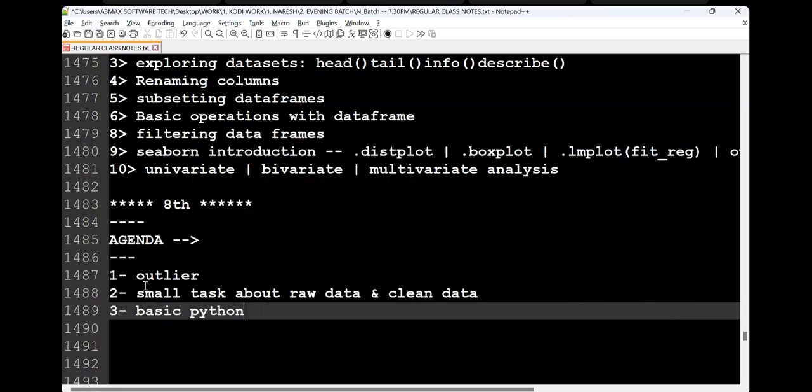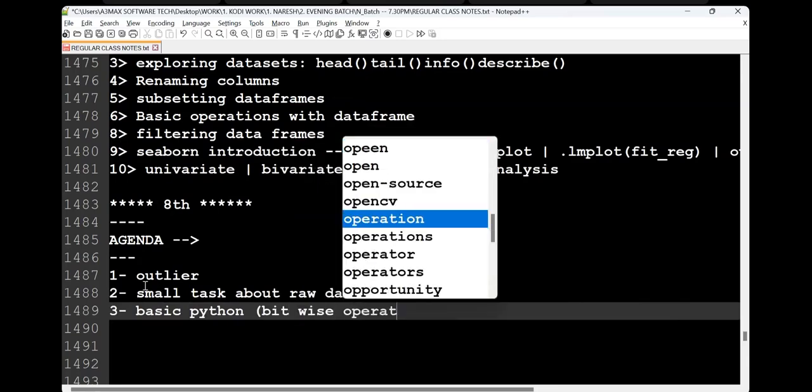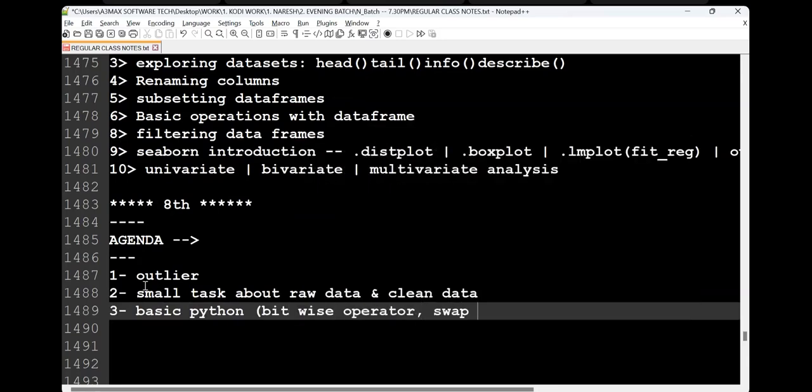We talk about bitwise operator, and how to swap two variables. And then we work with binary digits. We talk about all those things, and if possible, I want to cover the input functions today, if time allows. Are you guys clear? So these are the topics we try to see.